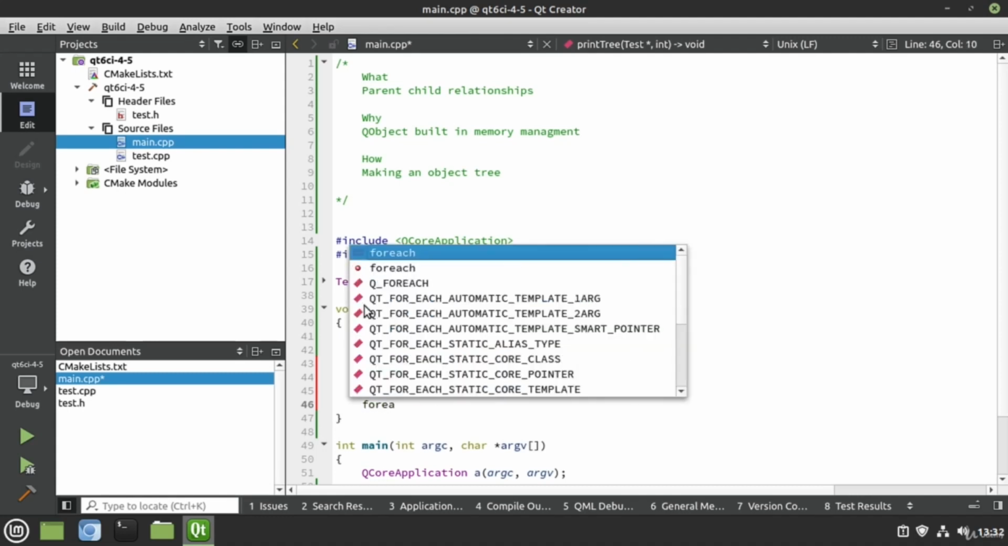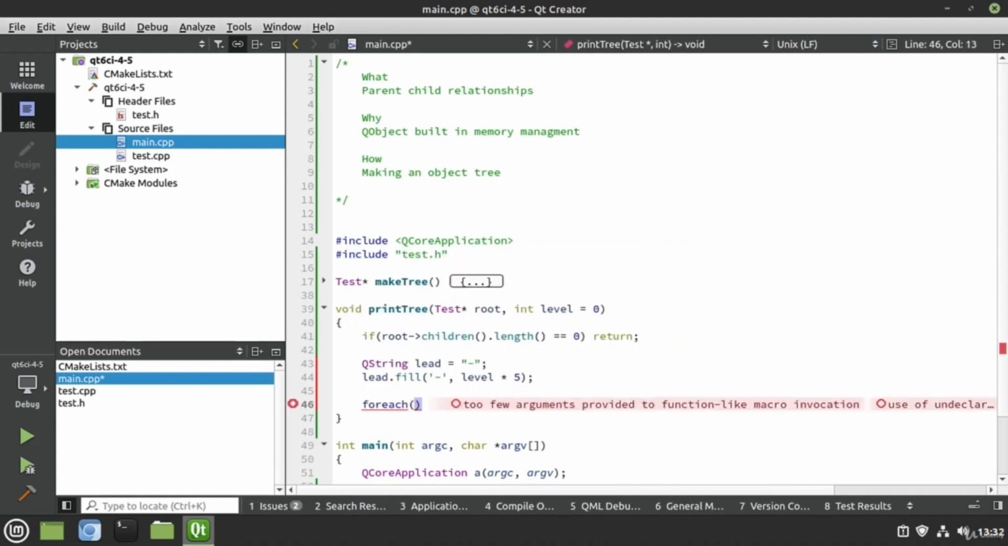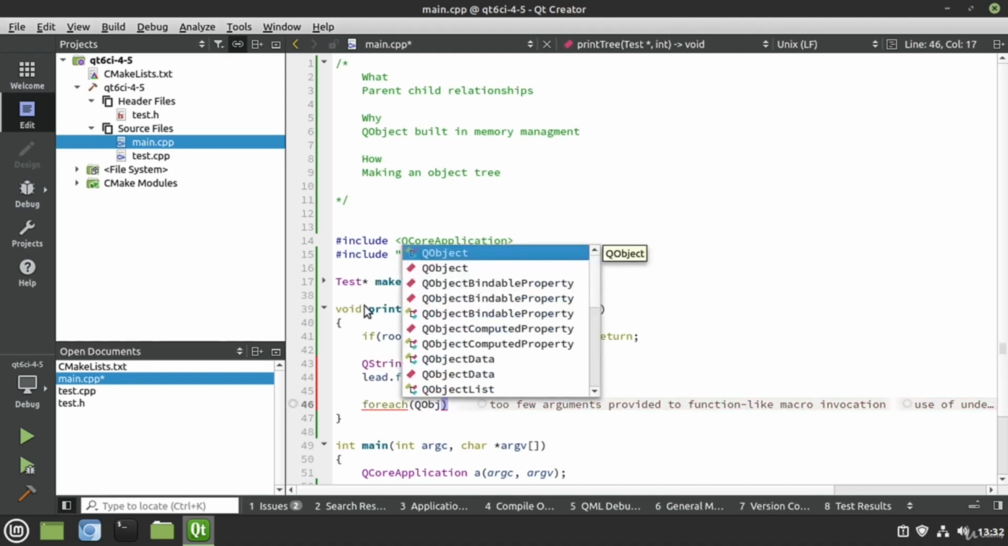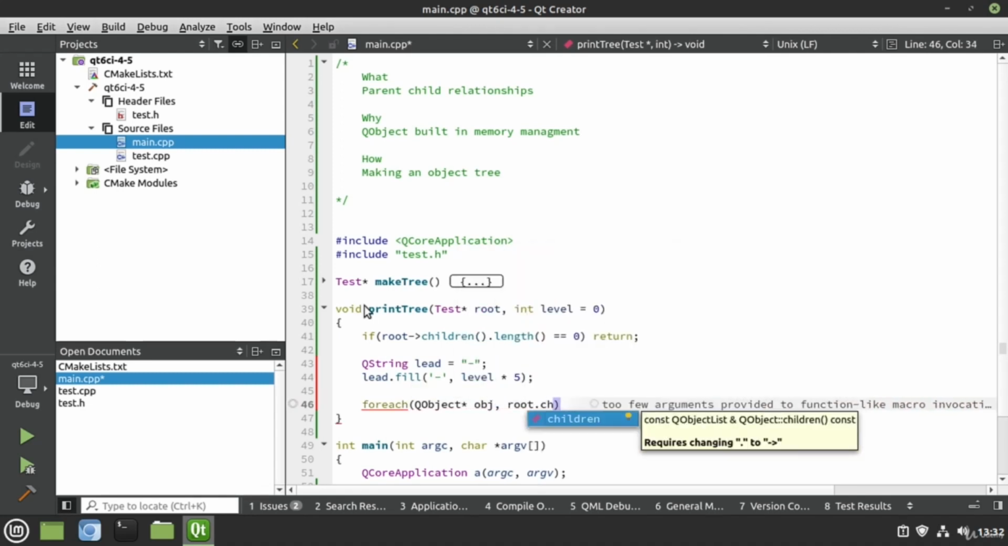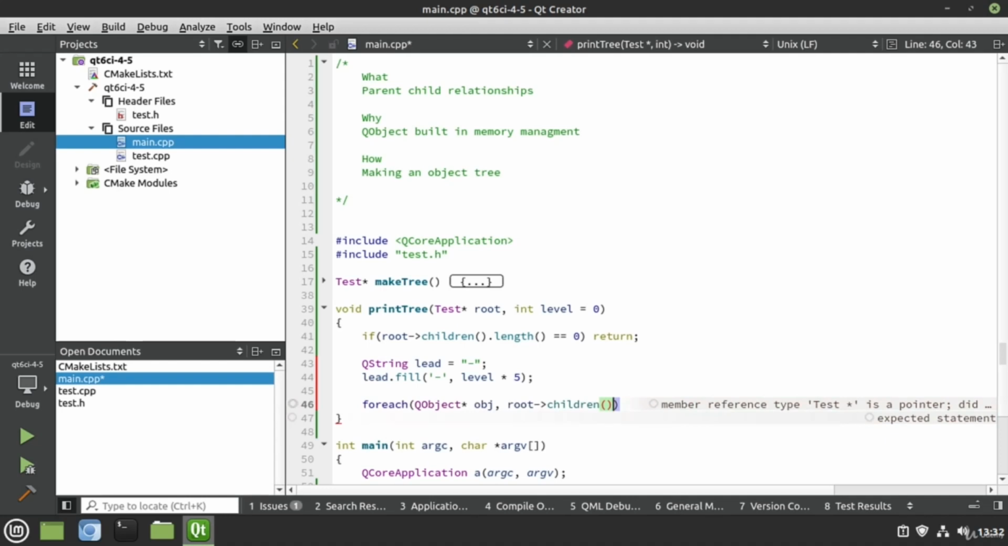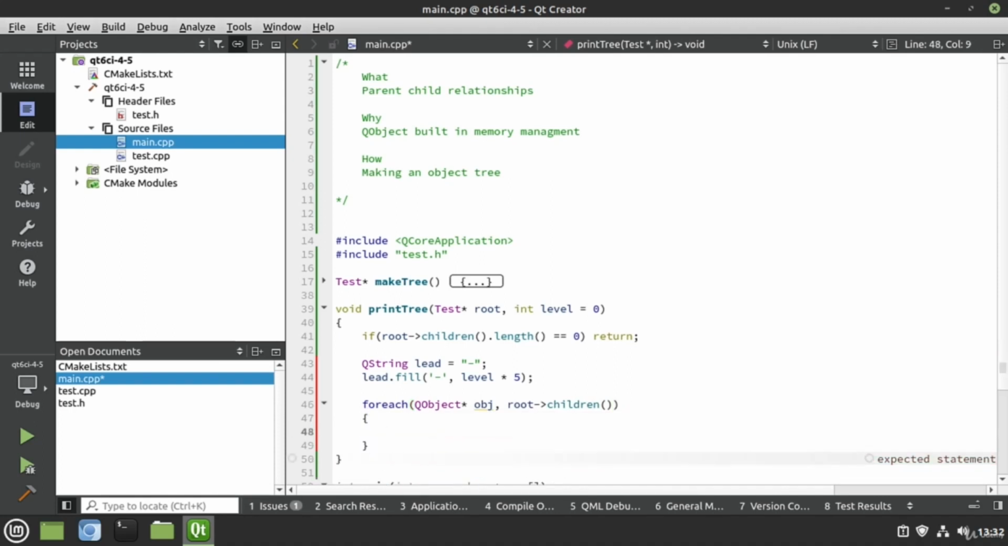I'm going to say foreach, and I want to say QObject, and we're working with pointers here, so we want to say obj in our root dot children. So what this does is it gives us back a QObjectList, which is really just a list of pointers to QObjects. It's a little complex, but I think you get what we're doing here. So we're just going to go through a foreach on each one of those, and I'm going to say test